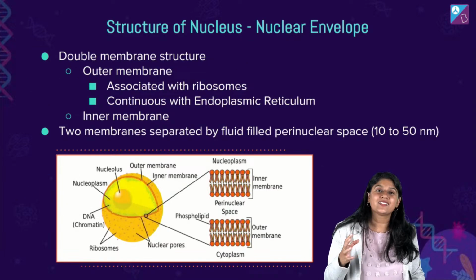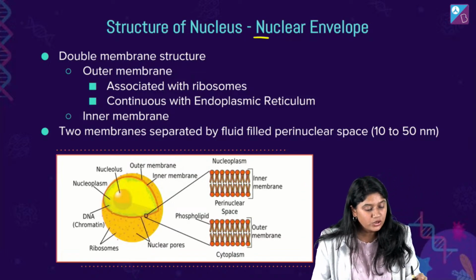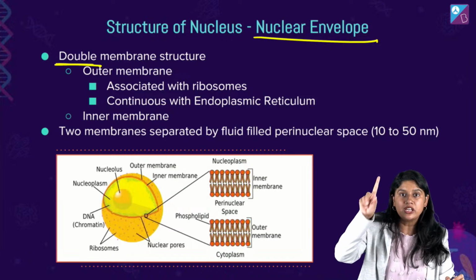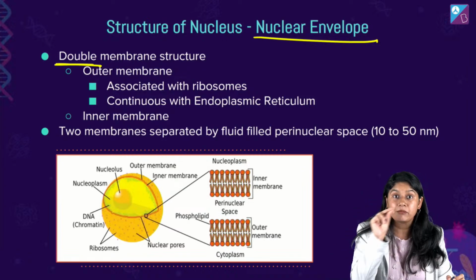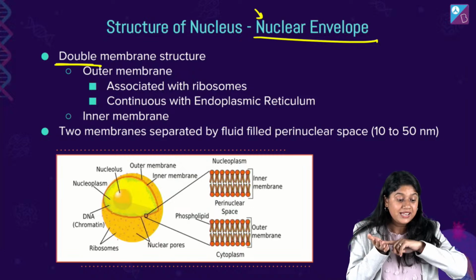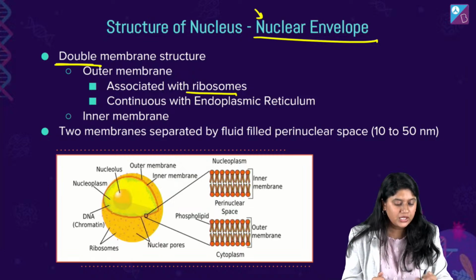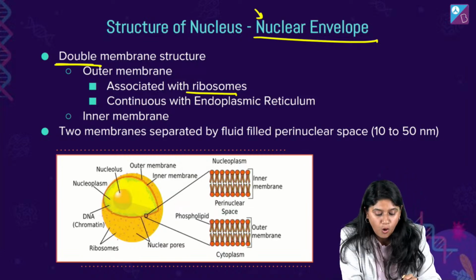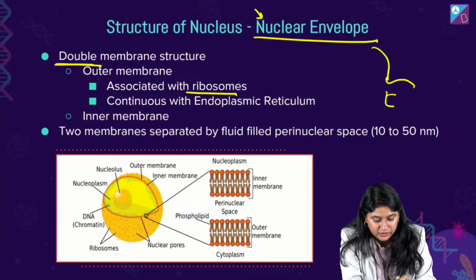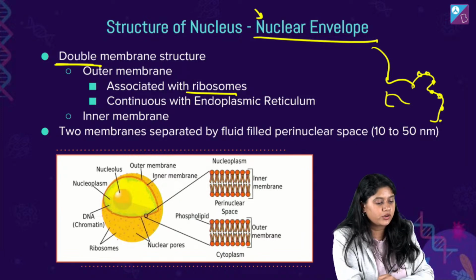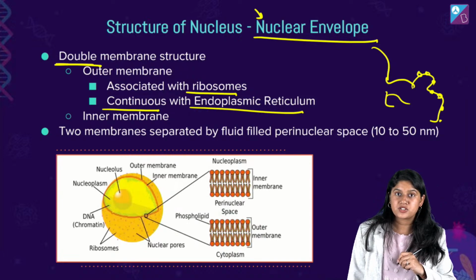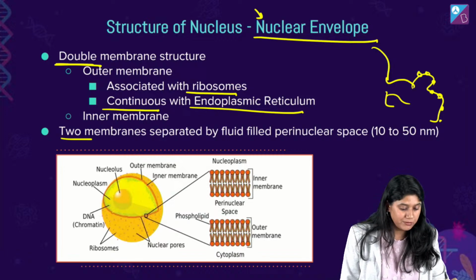Now everyone, let's take a look at the detailed structure of the nuclear envelope. Double membrane structure है, याद रहेगा हमें. So the nuclear membrane is double membrane. Nuclear envelope भी बोलते हैं. It is associated with the ribosomes, right? Outer membrane पे what do we have? We have just seen, right? On the outer membrane, we have the ER and of course we have ribosomes on it. Clear? Then it is continuous with the ER, endoplasmic reticulum, and the inner membrane is also a membrane, right?